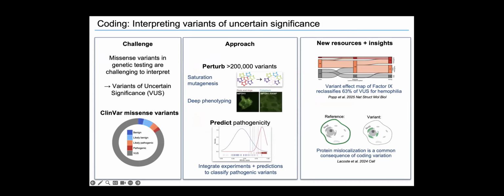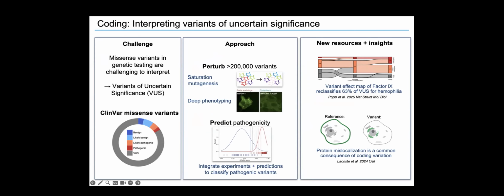As a second example, genetic testing has identified over 1 million missense variants, but for the vast majority, we lack the evidence needed to classify them as pathogenic or benign. These variants of uncertain significance limit the applicability of genomic medicine. An ideal resource would enable lookup of any missense variant in any gene to learn whether and how that variant disrupts gene function.